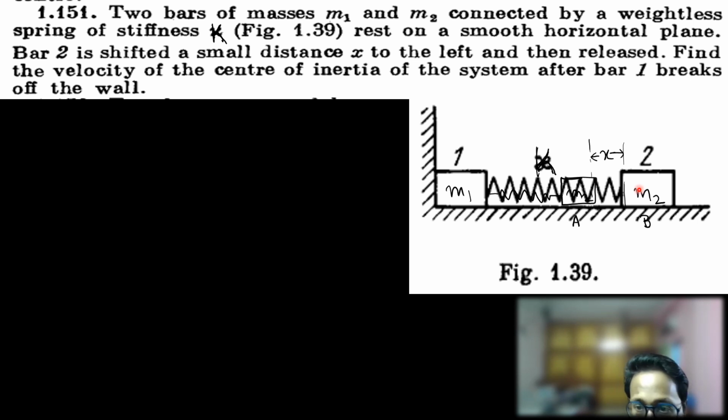At position B, when the spring returns back to its normal length, what will happen? M1 will get detached. Why? Because after returning back to its normal length, it will go towards right with some velocity, and as it goes towards right with some velocity, it will stress the spring. And as the spring is stressed, the spring force would be towards right, and M1 would get detached. So applying work energy theorem,